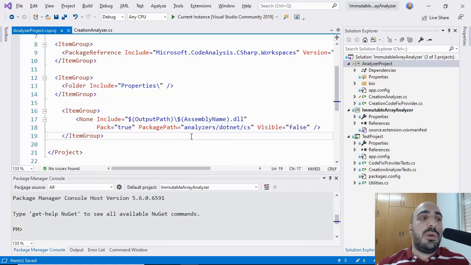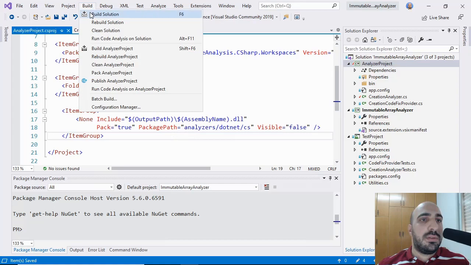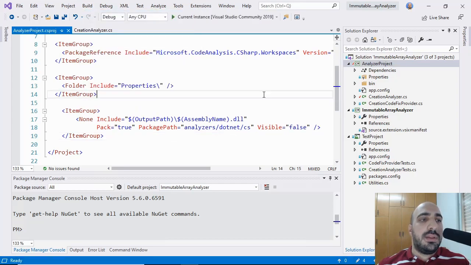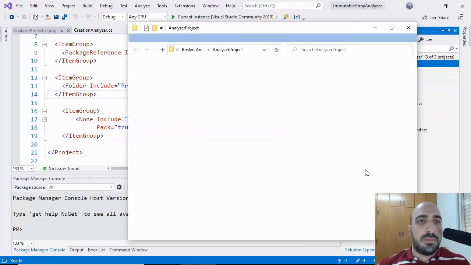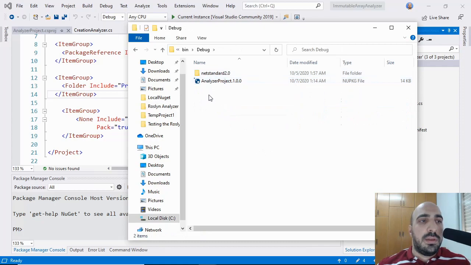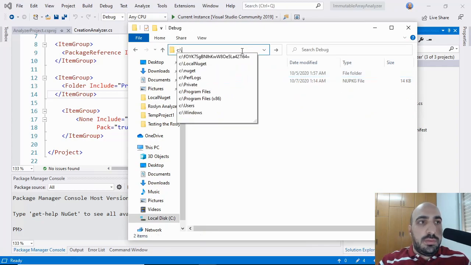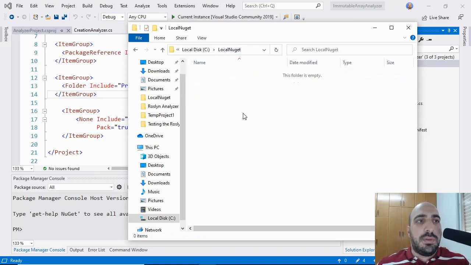Okay, so now let me build this project. And let me test the NuGet package. I'm going to take this NuGet package file and paste it in this local NuGet folder.